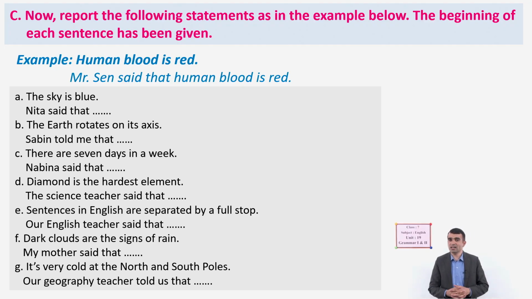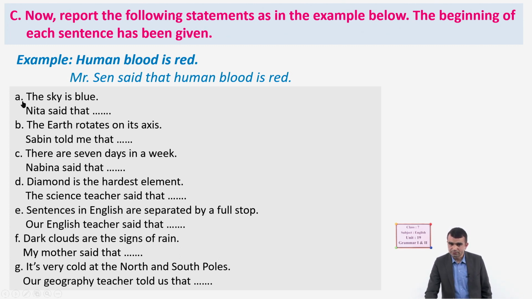Now let's see the things given in task C. What is given? Now report the following statements as in the example below. The beginning of each sentence has been given. Okay. Now subject, who said it, is already given. Okay. You just add the statement here. That is easy, isn't it? Now example, human blood is red. Now it is reported here, Mr. Sen said that human blood is red. In the same way,